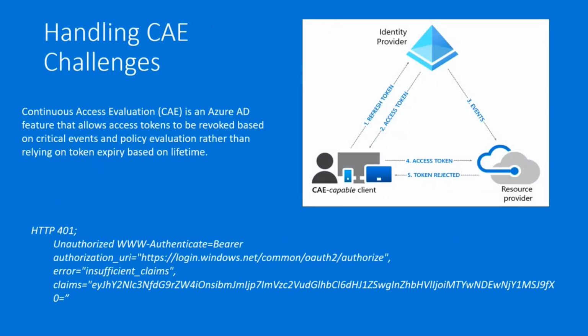As you can see in the graph, the client sends the refresh token to Azure to receive an access token for the Graph API. When a security event is triggered, Azure will notify the resource provider, in this case, Microsoft Graph. The next time that the client tries to access the Graph API, the access token will be rejected. When the Graph API rejects the access token, it will send a response with a status 401. From this response's authenticate header, we'll extract the encoded claim. This claim is called the claim challenge. We'll decode this claim and pass it to the MSAL acquire token API to re-authenticate the user and acquire a new access token.